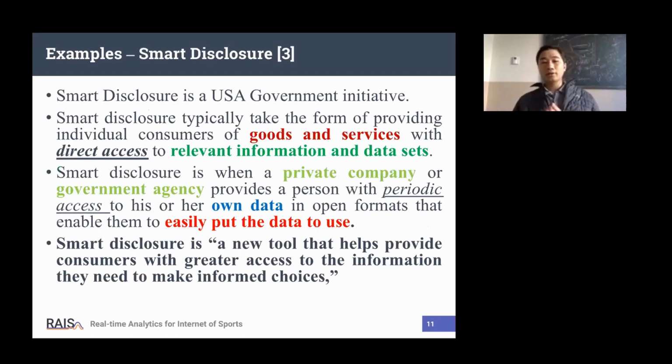For the other example, smart disclosure. Smart disclosure is a product of the US government, and it is quite similar to midata. In this system, the user has full control of their information, not only the personal data.